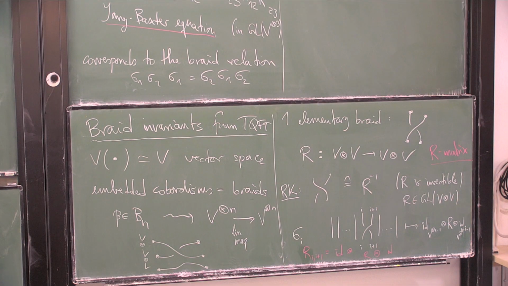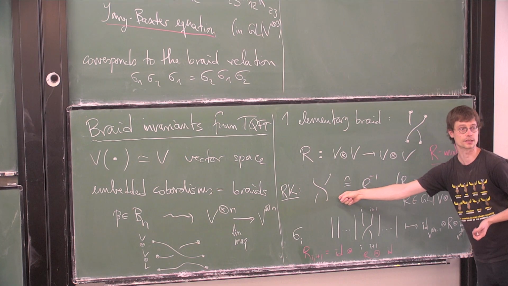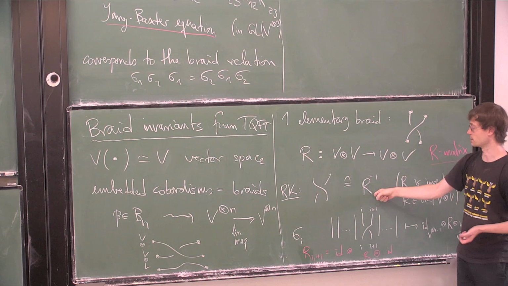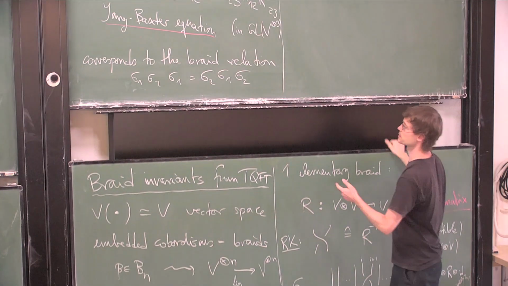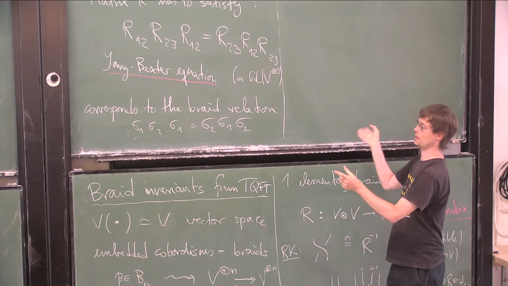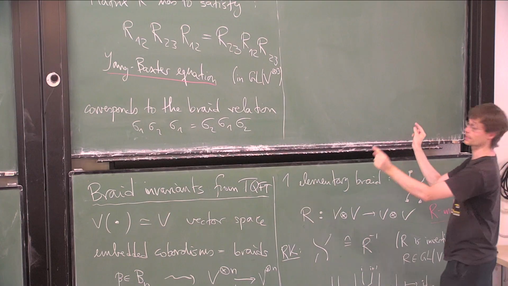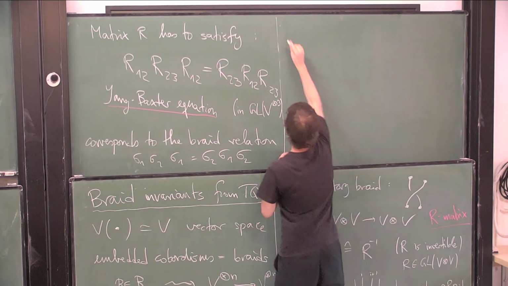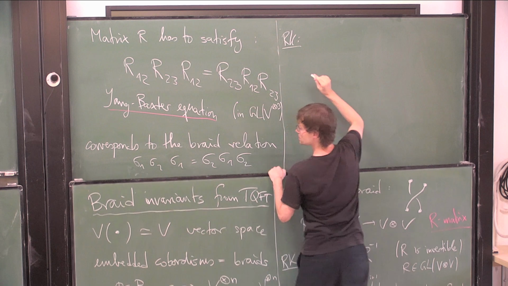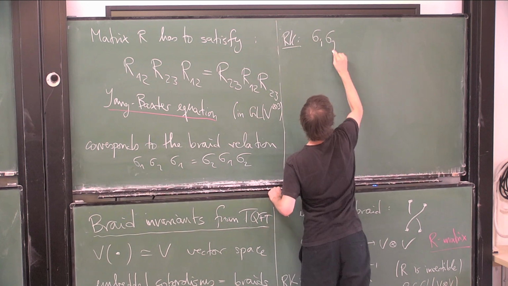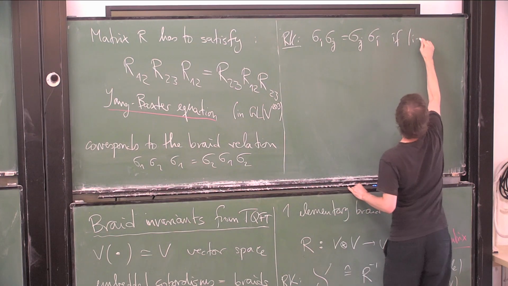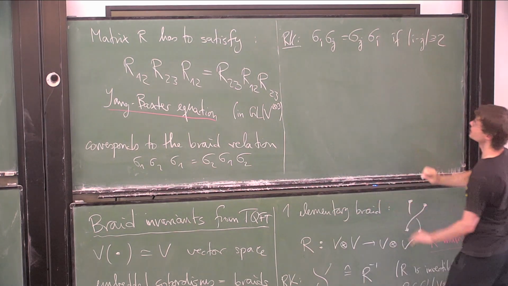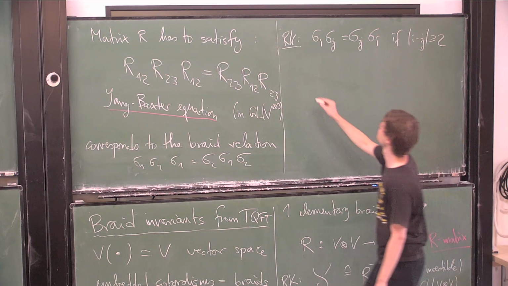So in the theorem of Artin, there were three relations. One is sigma i times sigma i inverse is identity. This is automatic, it's just R times R inverse is identity. And then there was one more relation, which is this: whenever your two crossings are far away, then these things commute. We have sigma i, sigma j equals sigma j, sigma i, if i minus j is far away, and this is automatically satisfied